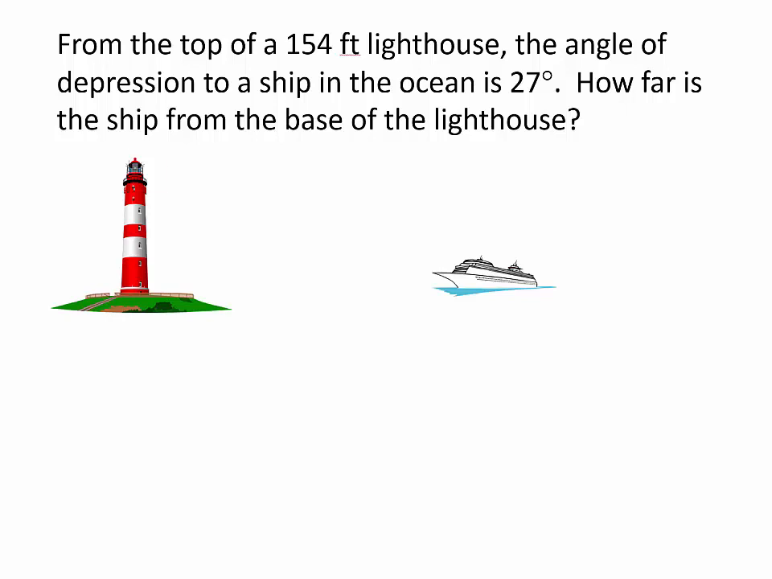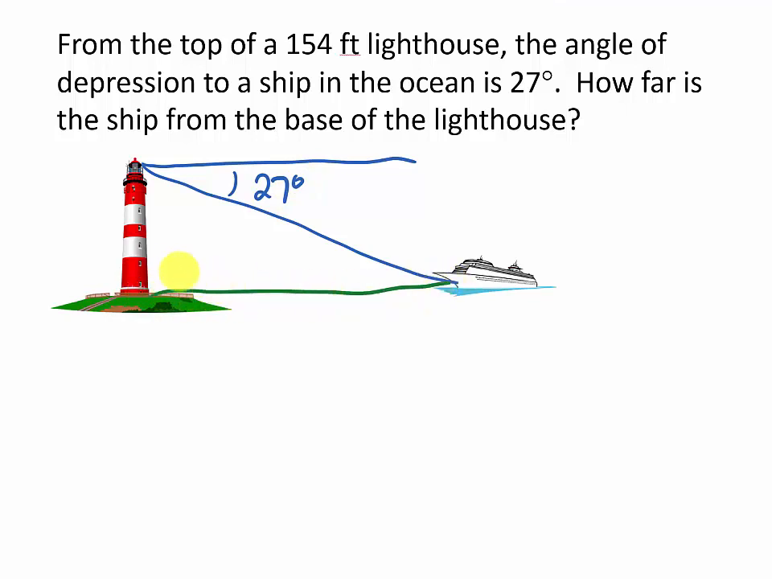An angle of depression is if you have something that's above and you're measuring off the horizontal and measuring down. So this would be my angle of depression, and it says that that is 27 degrees. And then we want to make a right triangle here out to the ship,